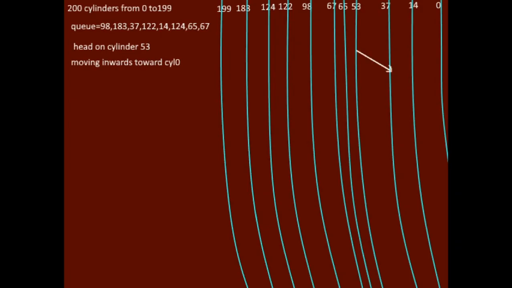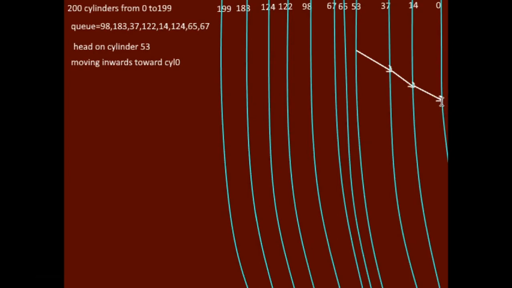Now, on the way to cylinder number 0, it will process the cylinders 37 and 14 and move till the end up to cylinder 0, even though there are no requests in between.